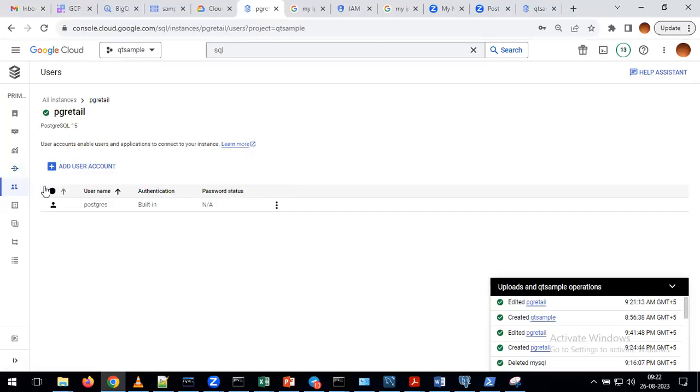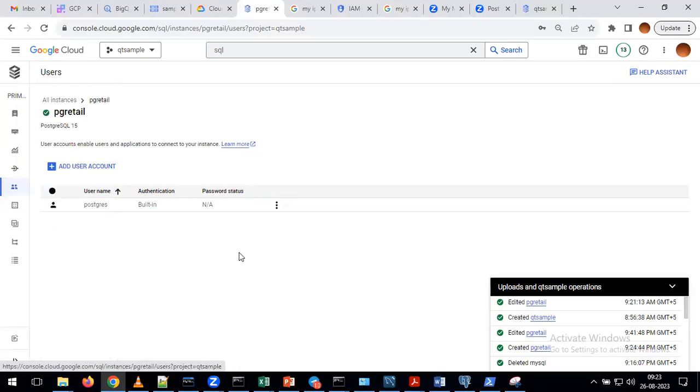Sir, I'm getting that the IP address is already taken. Sorry, can you repeat that? The invalid request: the IP address entered is already automatically included in the network. So it might be authorized already, since it is Google, already taken under it, so you can ignore that. No need to perform that activity. Okay, so click on Users.